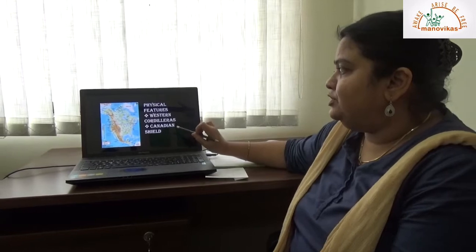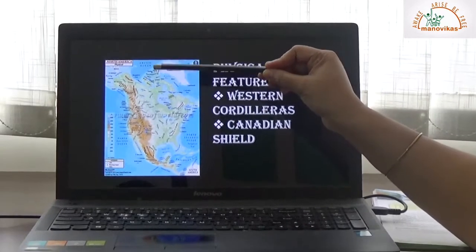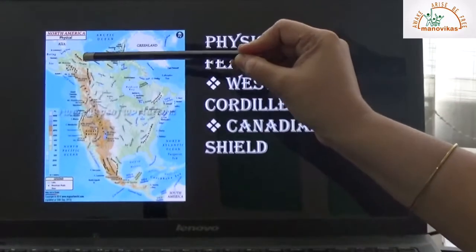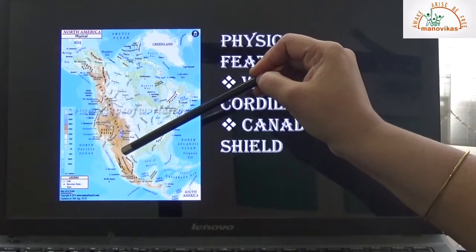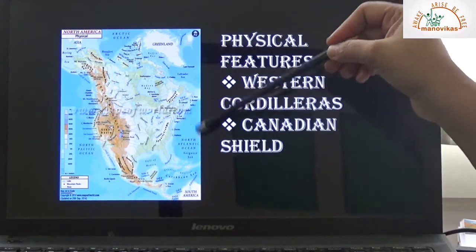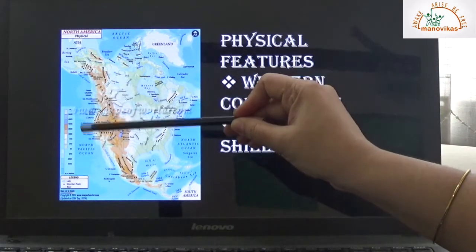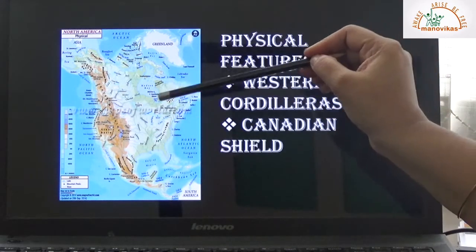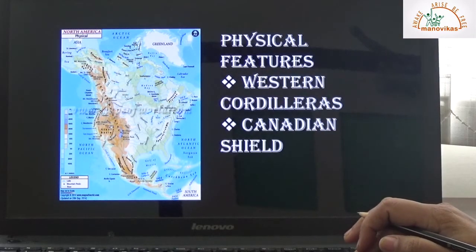Coming towards the physical features of North America, this is a map focusing on important mountain ranges. We have the Rocky Mountain Range here, the Alaska Mountain Range, Brooks Mountain Range, the Coast Range, and other important features including the Mackenzie Plateau. Now just a very clear picture about the water bodies surrounding: we have the Arctic Ocean here, the North Pacific Ocean, North Atlantic Ocean, Gulf of Mexico, and Hudson Bay this side. This is the Great Basin here. We will check for some important features in another slide.